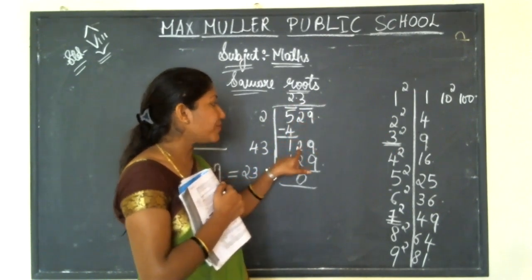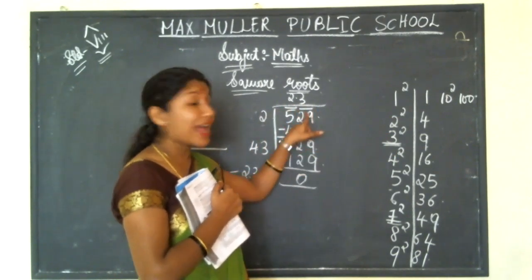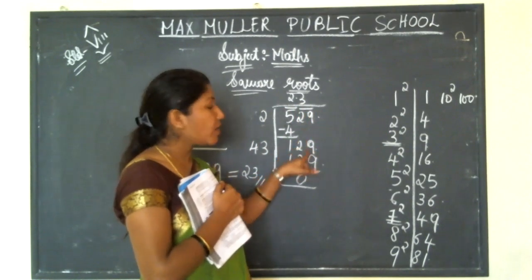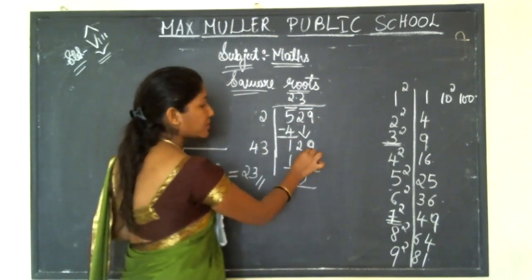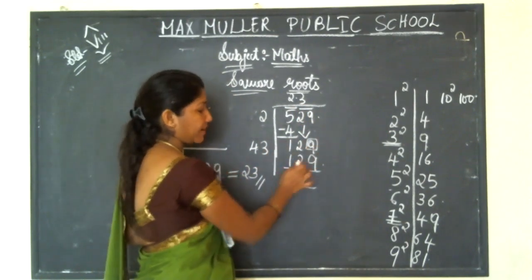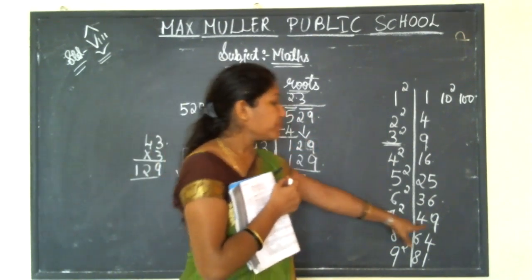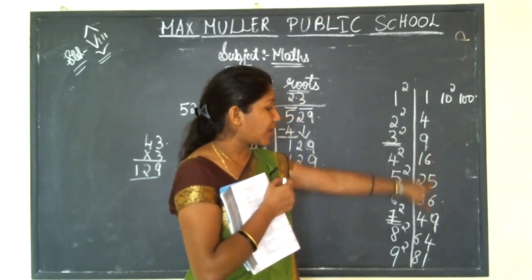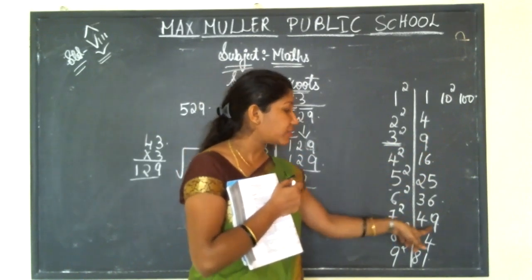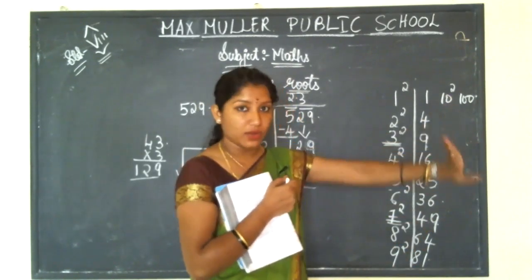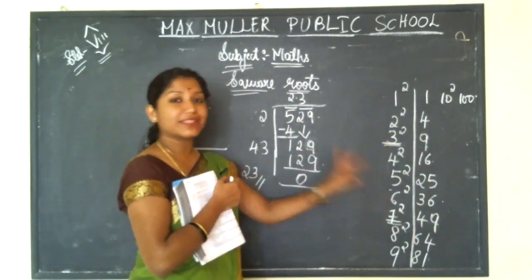Then you don't have to bring down a single number, as you have paired here. So as you have grouped here, you have to bring down both digits, that is 29. And you have to see the last digit here, 9. As the last digit is 9, it's an easy method. See, 3 square is 9 and 7 square is 49. Any other 9 here? No. So here you have to match with 3 or else 7.